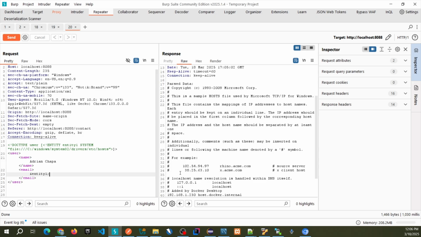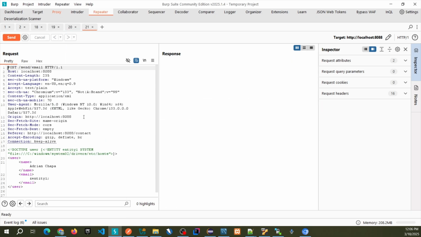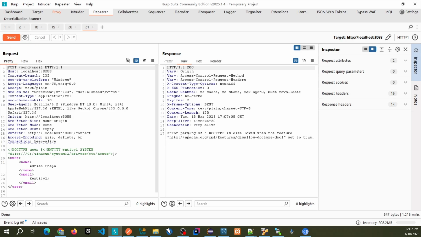All right, let's go back to Burp Suite. I'm going to copy this to another tab. Now everything is the same except for the backend change that we made. As you can see, right now I'm getting "doc type is disallowed," so it's not allowing me to declare my own new entity. That's the reason why you could use these libraries, as long as you have the right configurations and know how